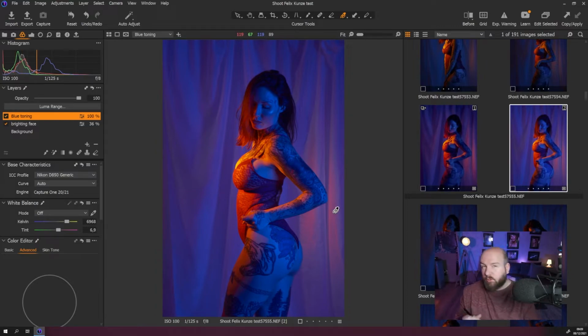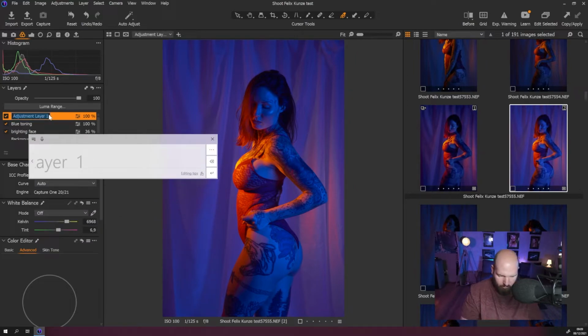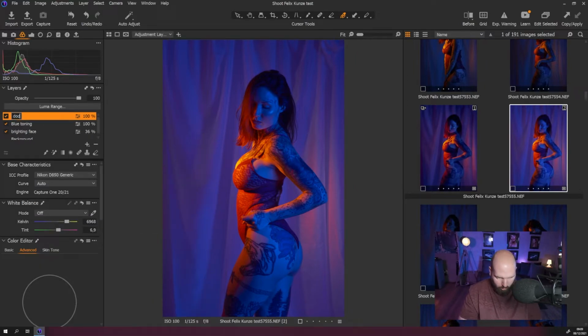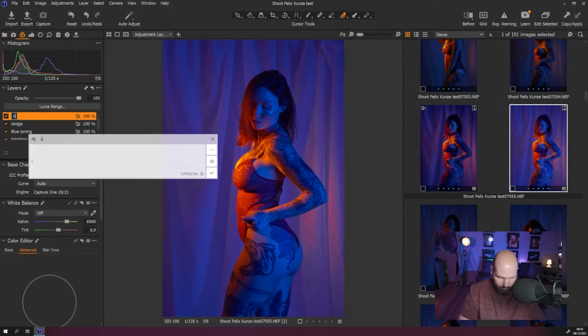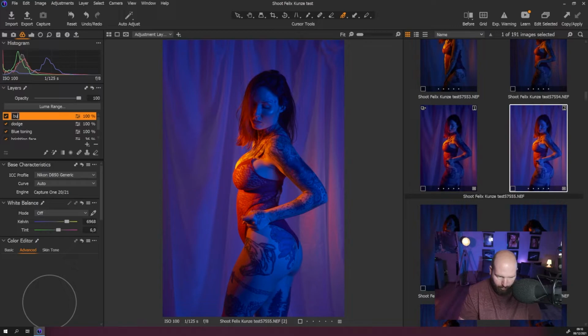You can also do some dodging and burning with this. That's a quicker way. So you go to plus, you name this one dodge. We make another one, we make this one burn. So with burning and dodging, the dodging makes everything brighter, the burn makes everything darker. So if we take the dodge,